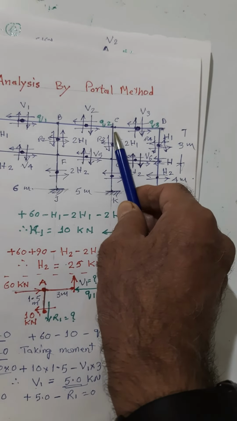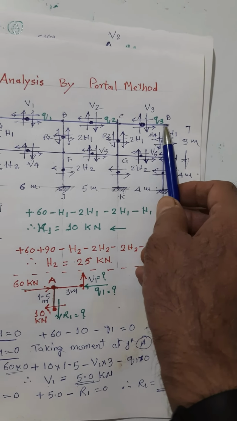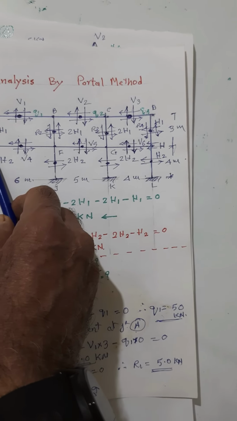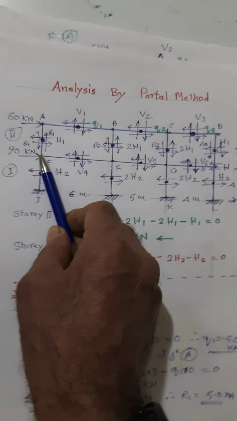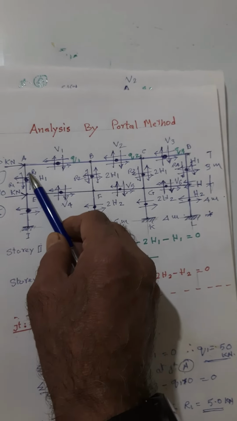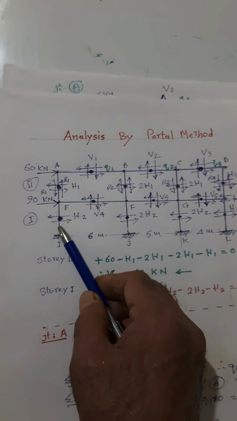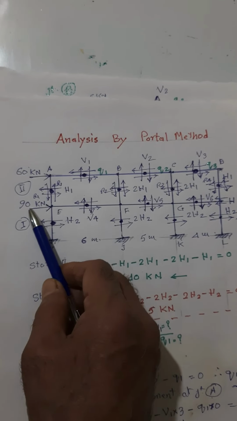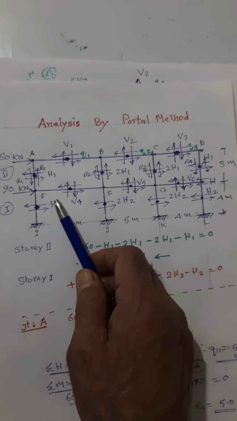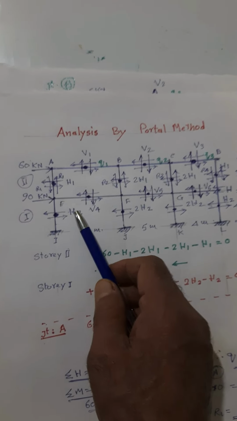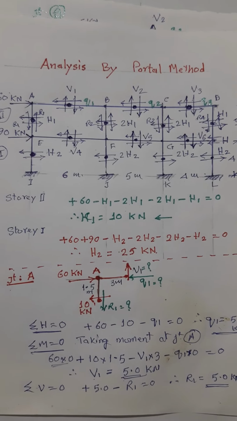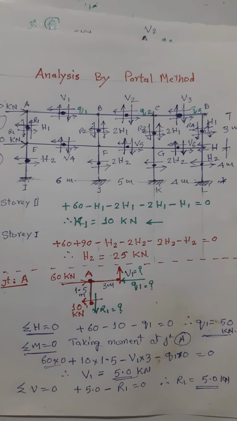Similarly, go for the third one. Go for the next one. Once all four are completed, then go for the next one. When we are considering this joint E, again we have to take these forces and these forces along with this. And solve as sigma H first, then sigma M, and then sigma V, and you can find all the forces accordingly in all of these. That's over. Thank you very much.